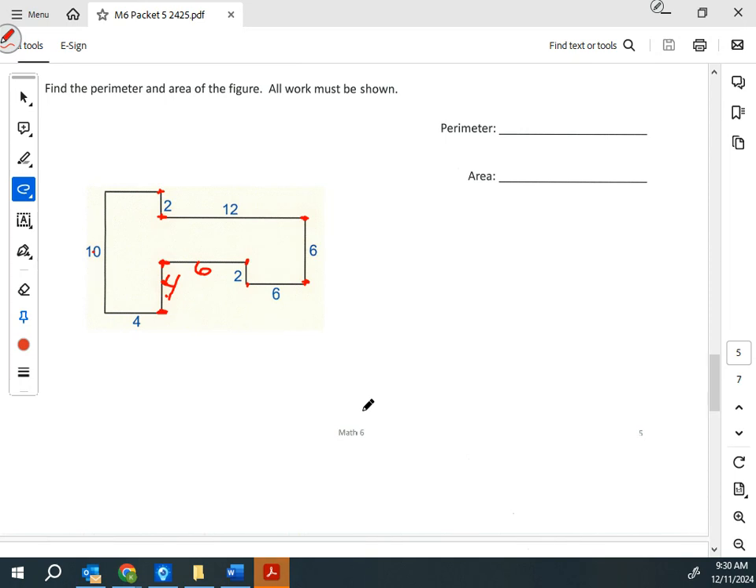So I need to add up all of my... oh, I've got one more number to fill in. Can't forget, up here is missing a number. 4 and 4. So you add it all up for the perimeter. Now for the area,